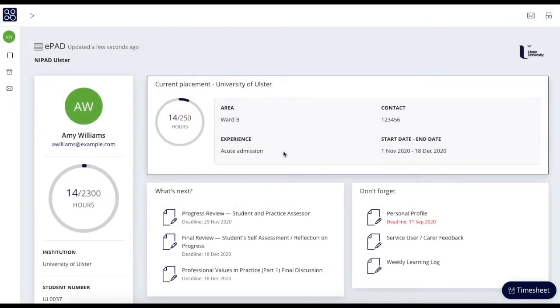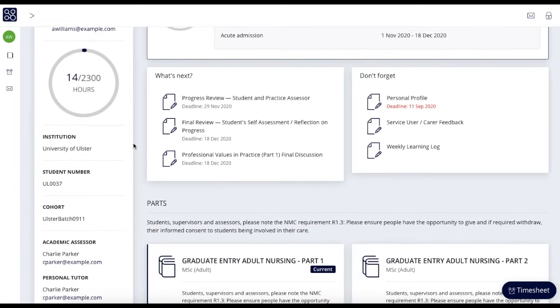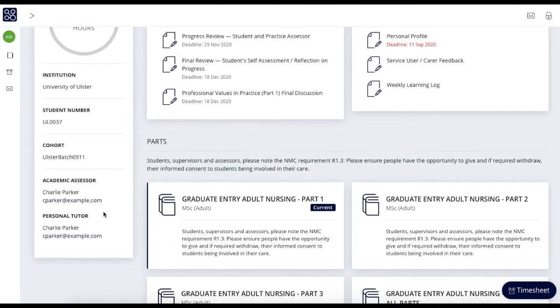When you access the ePAD, you'll be predominantly accessing it through the student account. When you're with the student, they will log into their ePAD, and this is the view you will see. In the ePAD homepage, you'll be able to see information on the student themselves, their academic assessor and personal tutor